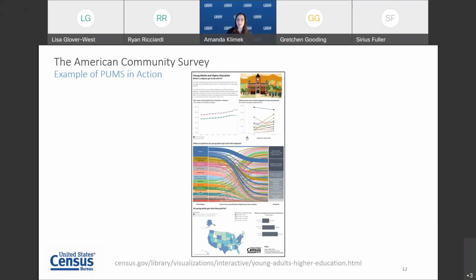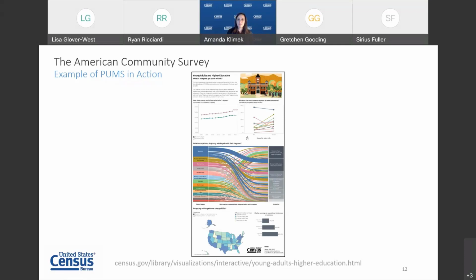We went through the same steps that any data user would to aggregate the data and calculate associated MOEs using replicate weights. The result was an interesting story on what degrees young adults are getting and what those degrees are doing for them in terms of occupation and earnings. So you can see there's a great graphic in the middle that shows you exactly what fields of degree lead to which occupation.